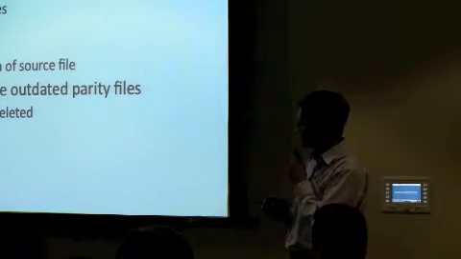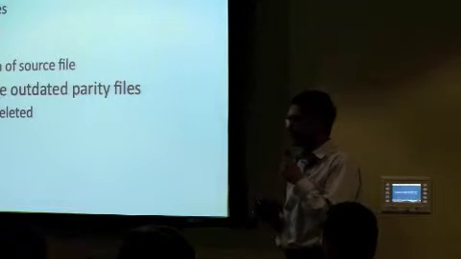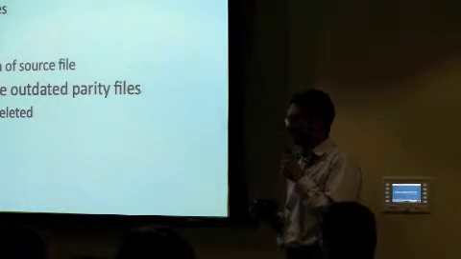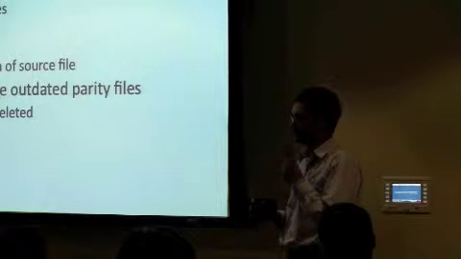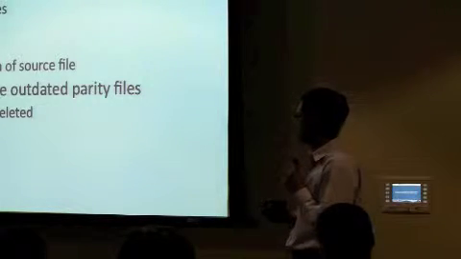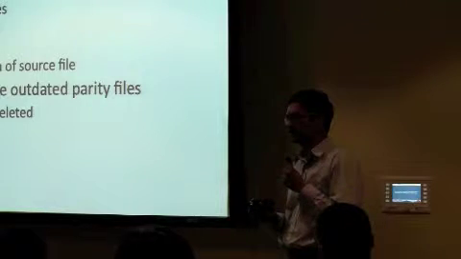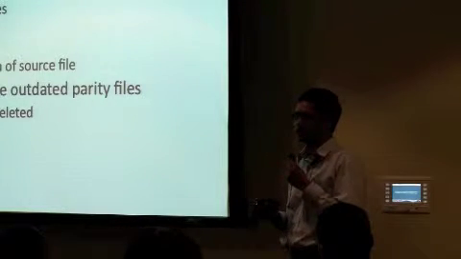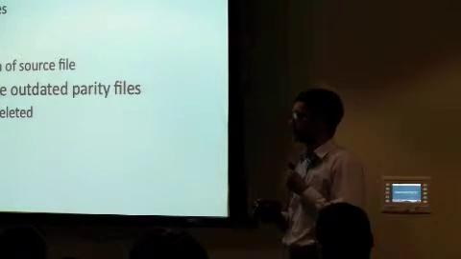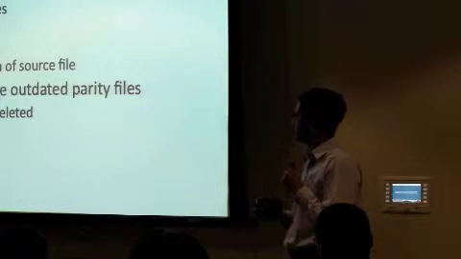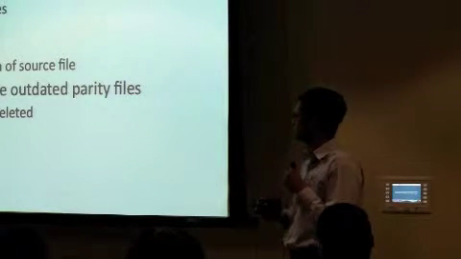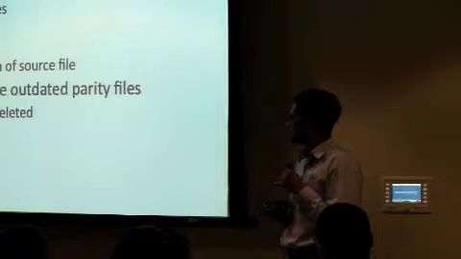So one thing you might have noticed is that I said there is one parity file for one source file, and that has a couple of implications. One is that once a source file has been deleted, the parity file is no longer useful, so it needs to be deleted. So that's one housekeeping kind of job that the RAID node has to do. And the next one is that